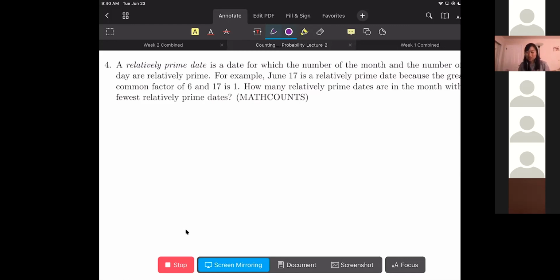So some good candidates might be June, because June is 6, which is 2 times 3, or December, which is 12, which is 2 squared times 3. We might start with June because June has 30 dates and December has 31 dates. And 31 is relatively prime, but we can try, right? So for June,